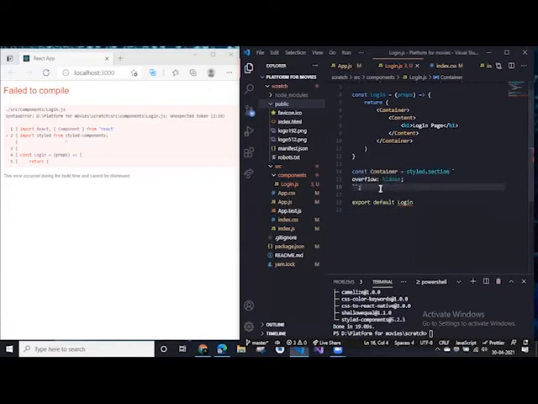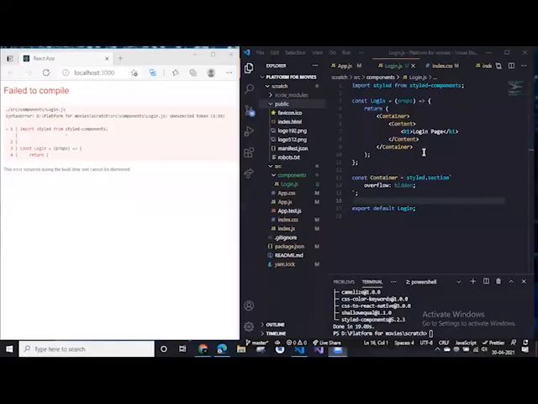Expected colon expected. What is okay? We are giving that styled.section. So we are going to add overflow as hidden in the styled.section, and next the same we are